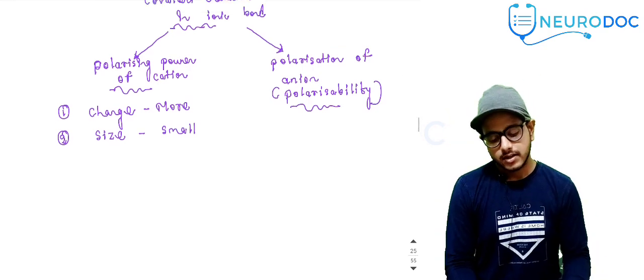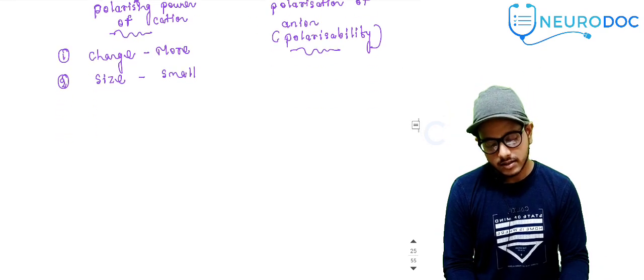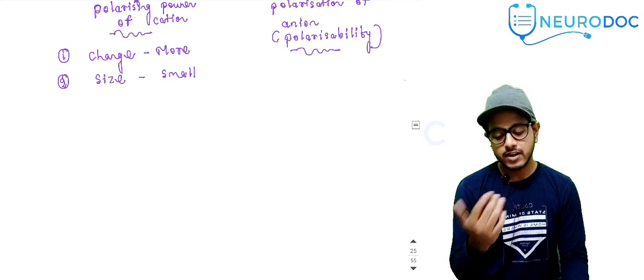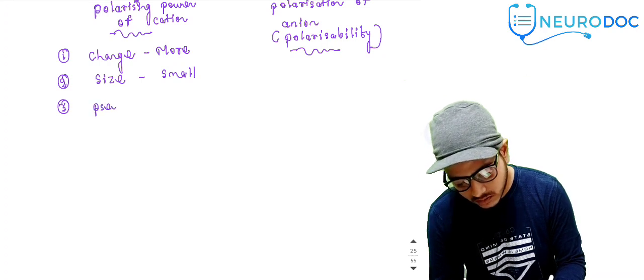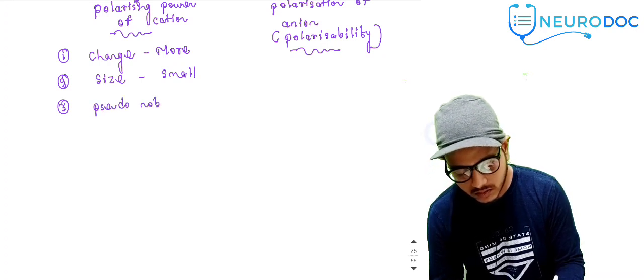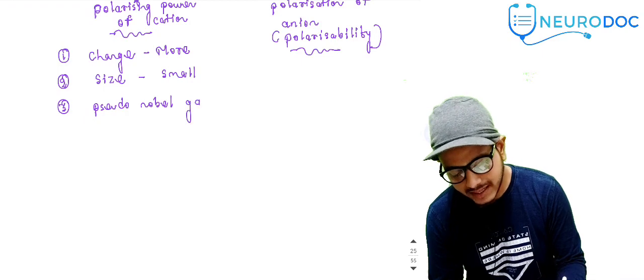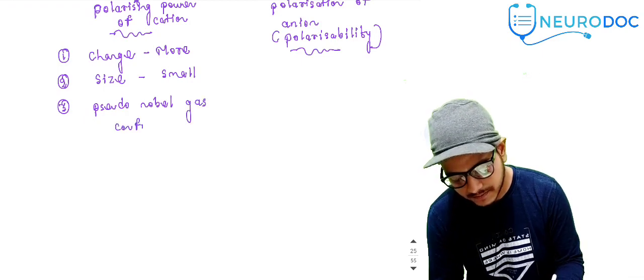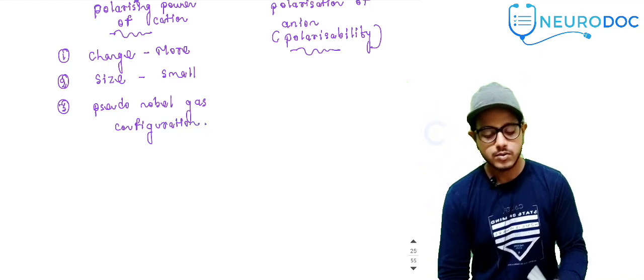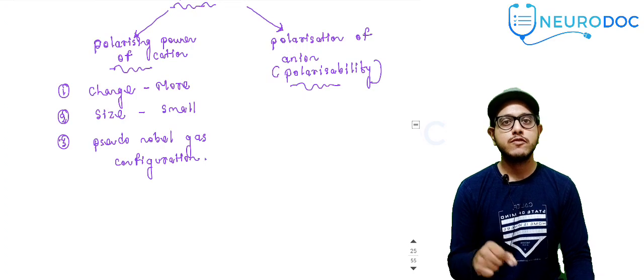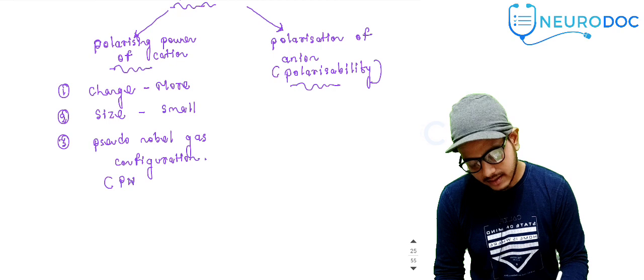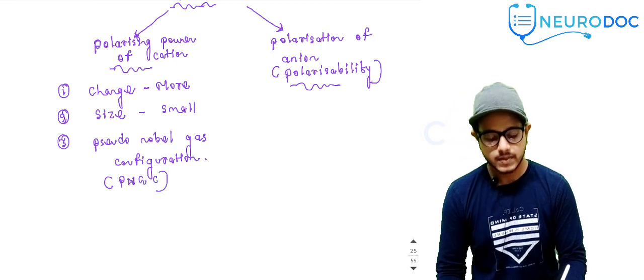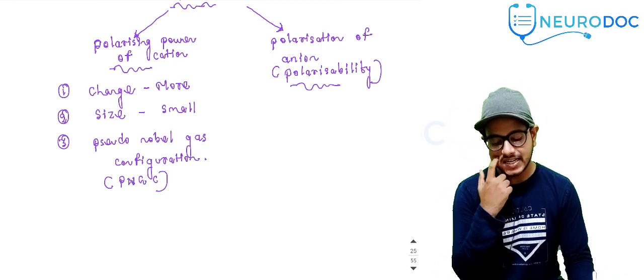Okay, right. Again, there is another factor of cation. This is very important. That is pseudo noble gas configuration. Okay. Now what is pseudo noble gas configuration? Or I can write PNGC. What does it mean? It means that